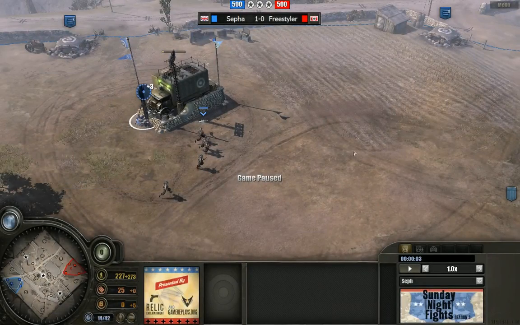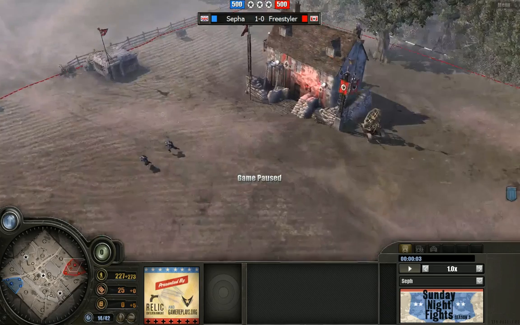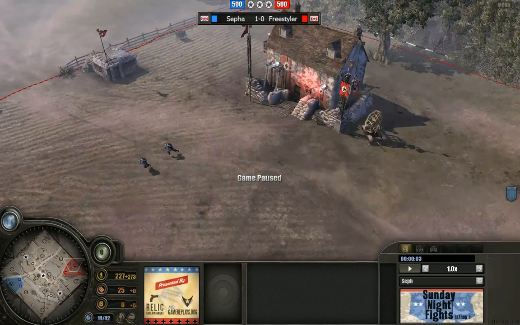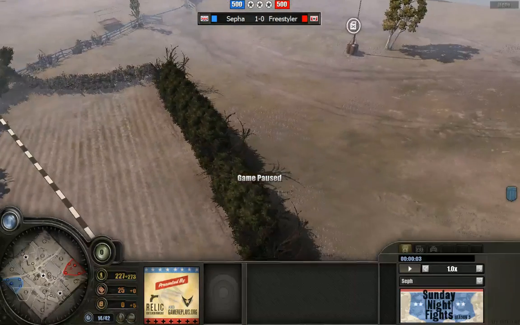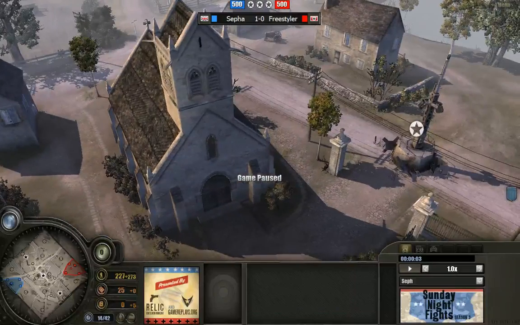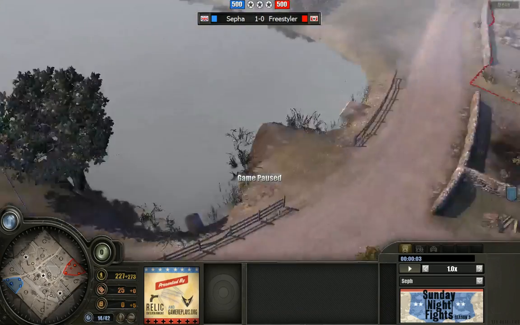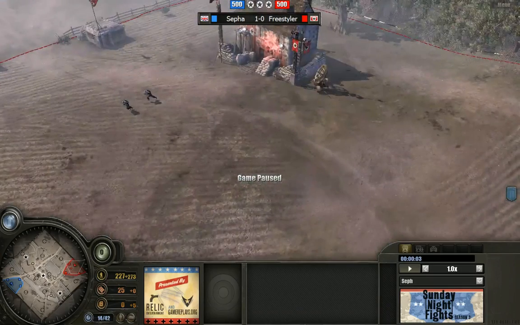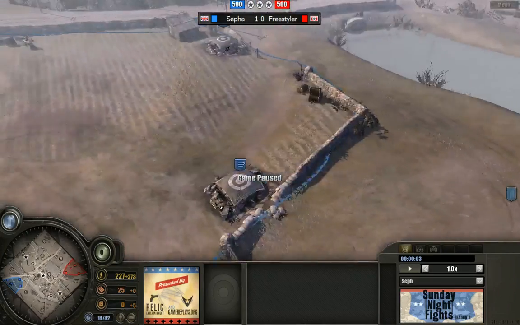Hello friends, and welcome back. Here we are after a pretty exciting game number 1. The units were doing the merry-go-round. They wanted to see that lake from all angles. It was a world tour here. After game 1, Sepha is victorious and leads this best of 5 1-0 against Freestyler. And now that the factions have been reversed, we're going to see the same matchup. We're going to see Sepha playing Brits against Freestyler's Wehrmacht, and let's see if Sepha can show him how it's